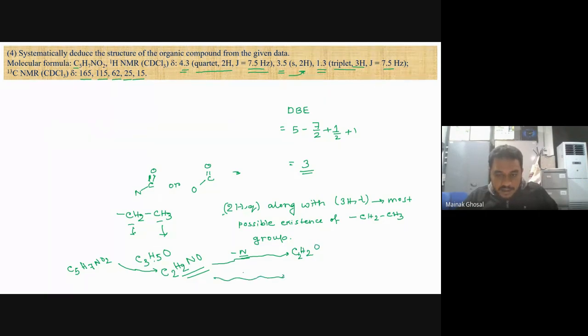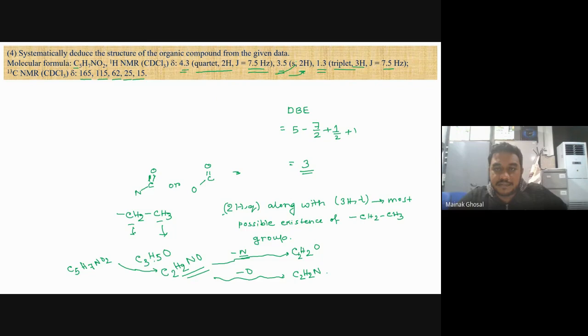If oxygen is gone, it is attached to the carbonyl, you will see it will be C2H2N. Now, how will I know which way to proceed and which one is correct? This will be given by your